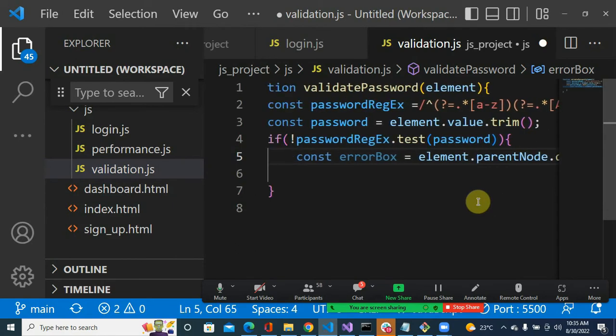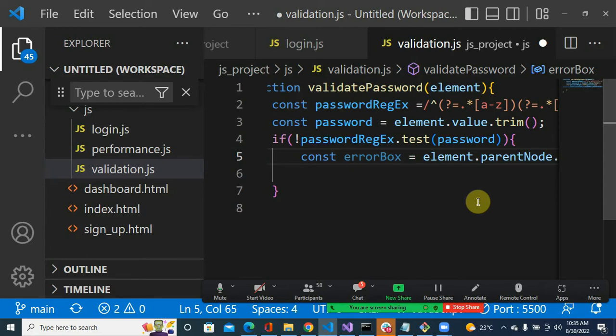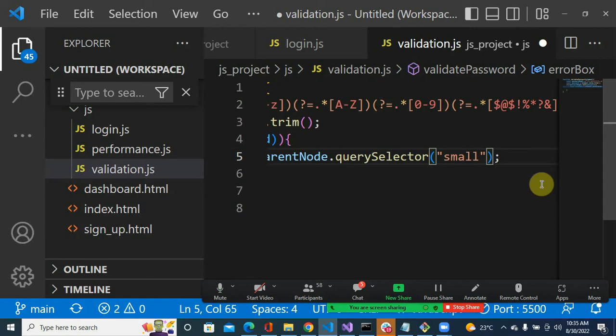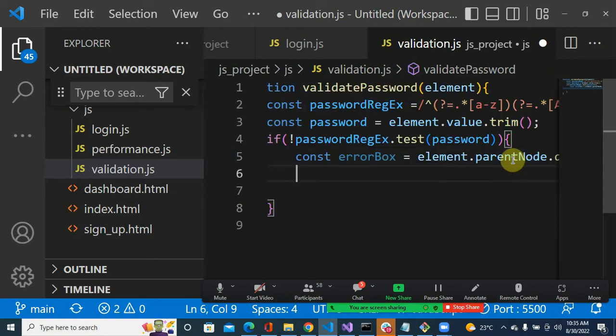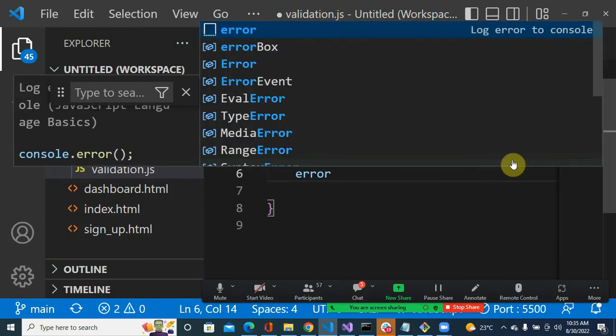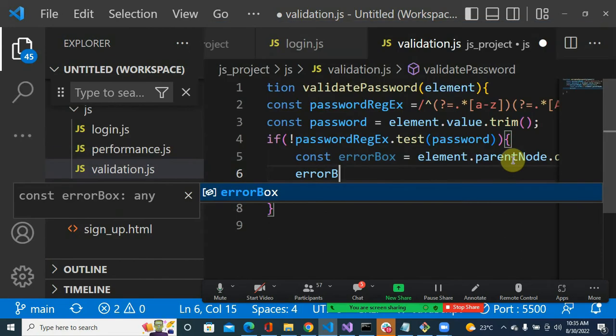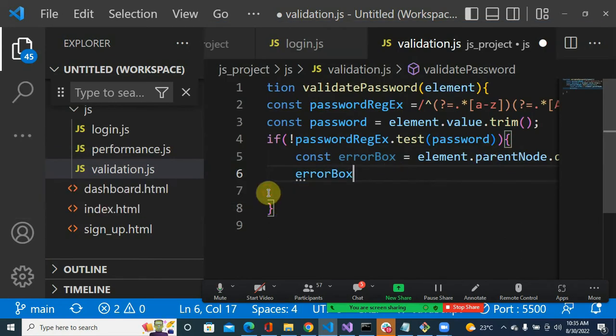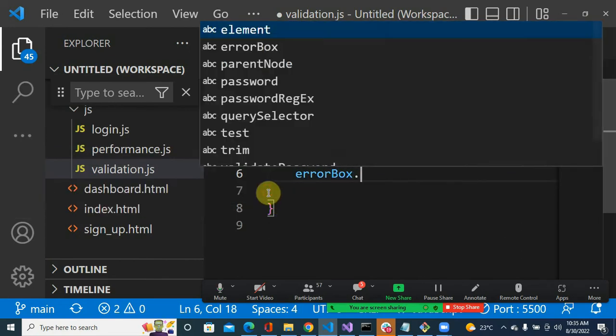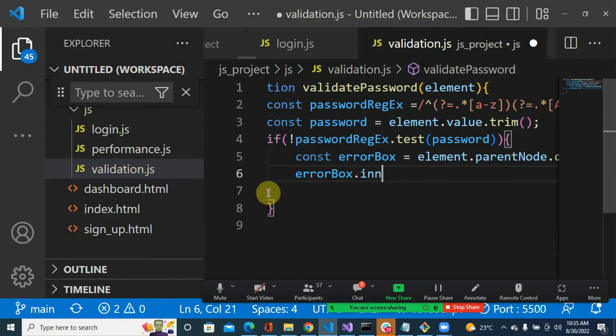Okay, so I get that error box. So the next thing I'm going to do is just to put a message, whatever message that I want. So I can say the error box, or error container, whatever name you want to call it, dot inner text. So you can see that you're using a couple of things that you learned. Inner text equals, so you write: password must contain